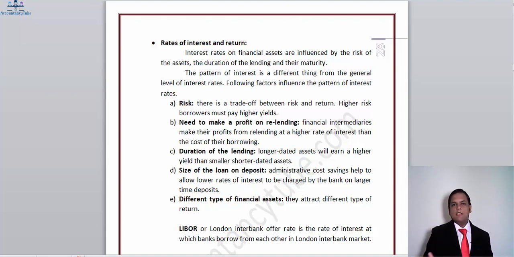The minimum rate is set by the central banks, for example 5 to 8%. The central bank's interest rates vary from country to country, and banks give loans to companies at a rate above them. For example, if 6% is set by the central bank, then they will give a loan at 10%. The 4% is the additional amount, or you can say the profit, which the bank earns on providing the loan.